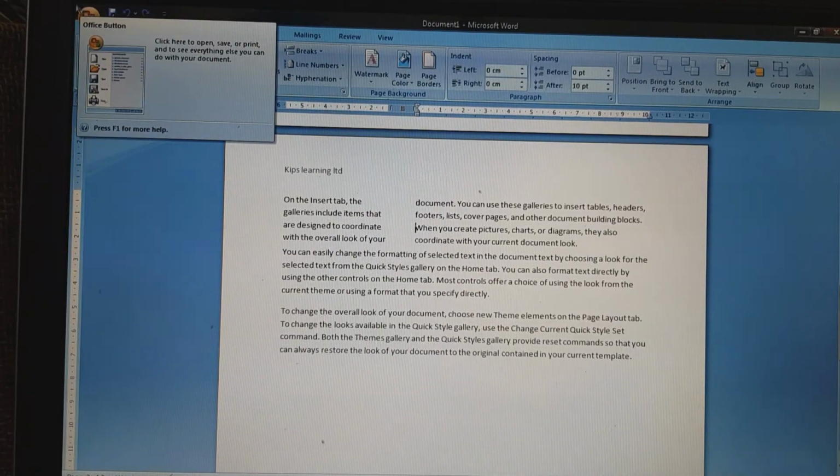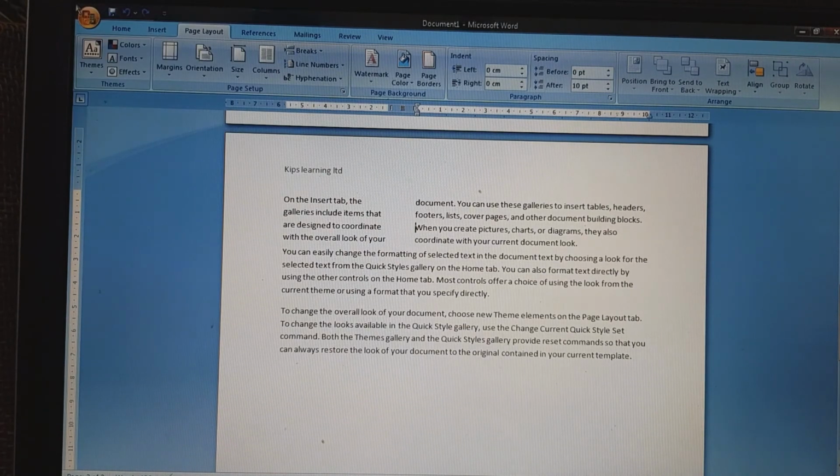Now, children, I would like to tell you how to insert the column break. Children, if you have already added columns to your Word document, then you might have noticed that some of the columns are not as balanced as you would like them to be. Okay, one solution to the problem is add the column break. It will force the end of the column and move the text to the beginning of a new column.